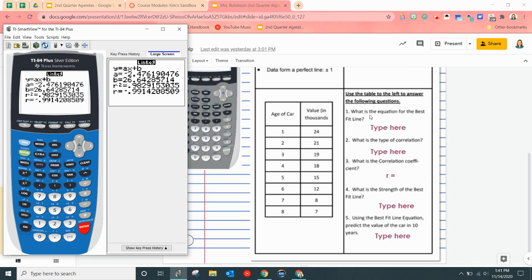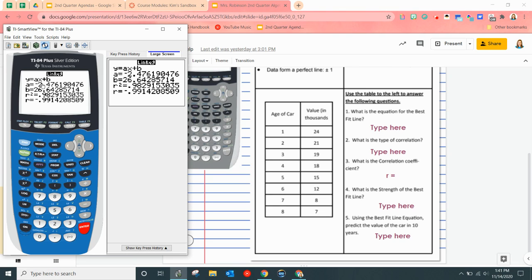So the first question it's asking me is, what is the equation for the best fit line? Now you are always going to get crazy ridiculous decimals when you do this. I want you to round your answers. We're not going to try to convert these to fractions. When you're doing a line of best fit, remember, it's an approximation. It's the best fit. It's not going to be a perfect value every time. We're going to end up having to